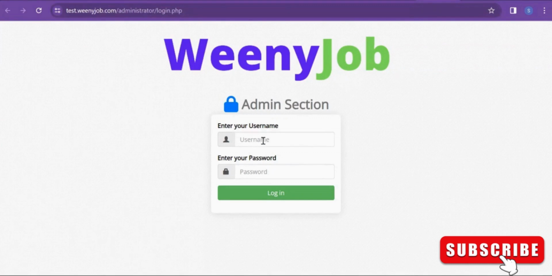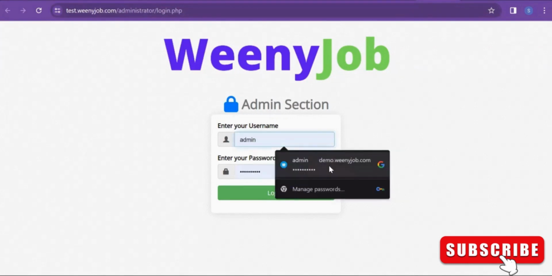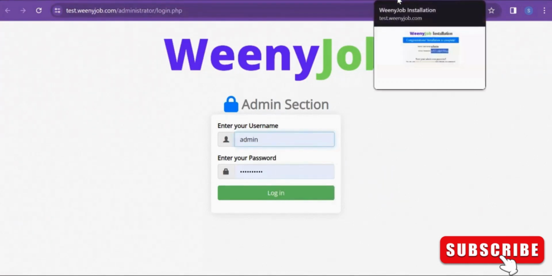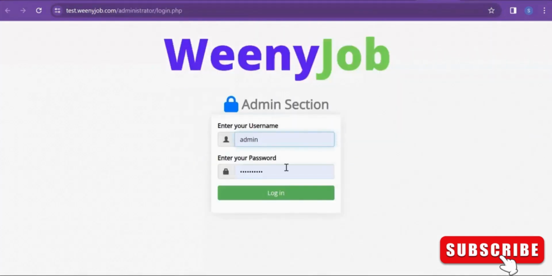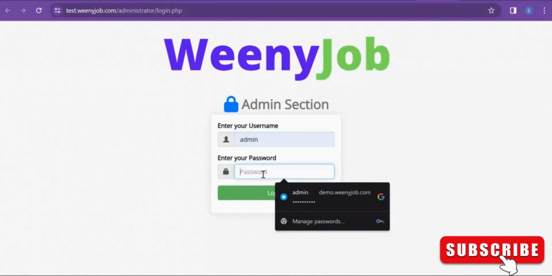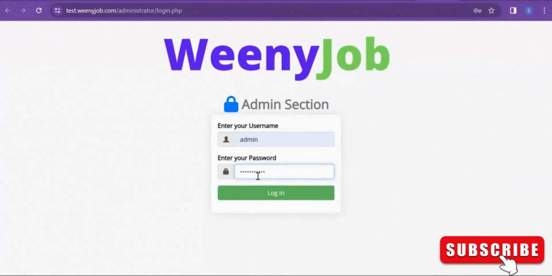Here we can add the username, which is admin, because we got that in the previous step, and the admin password is this one. Let me copy it and come back here. Let me cut the default one and then just paste it. Great. Let's log in.